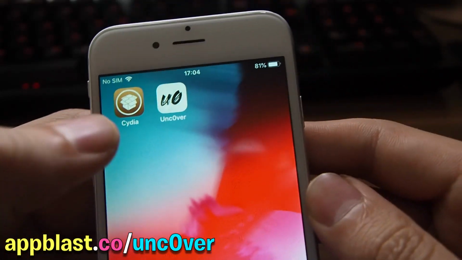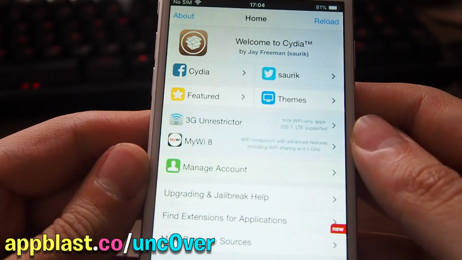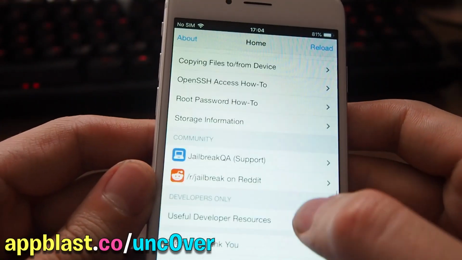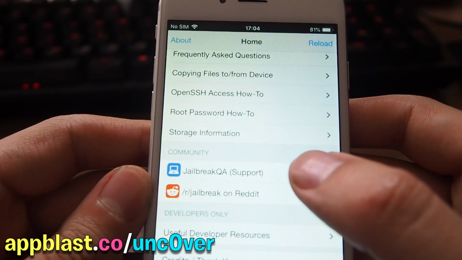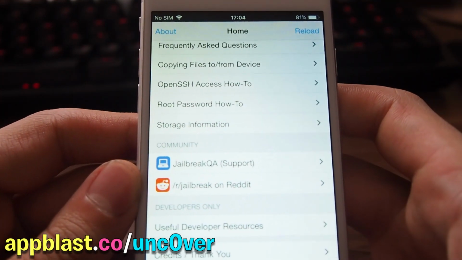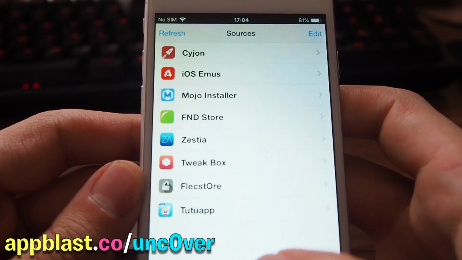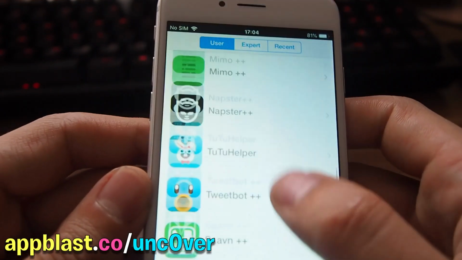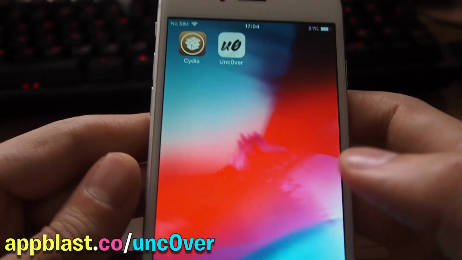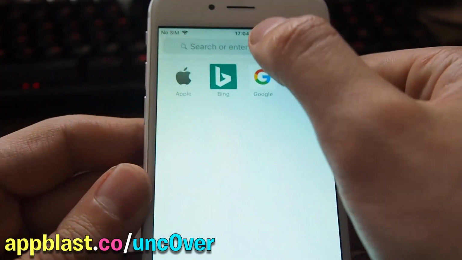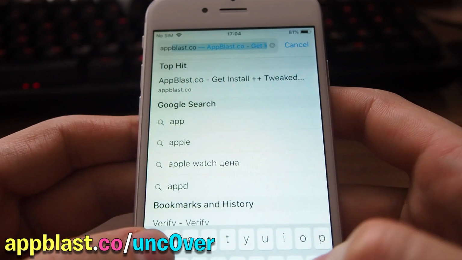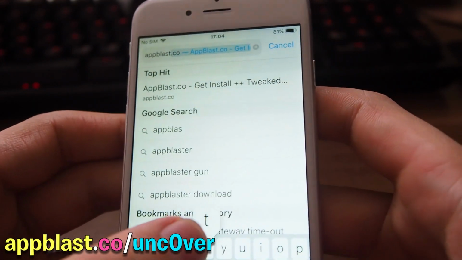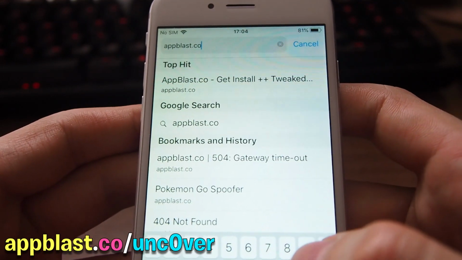Guys, today in this quick video tutorial I'll be showing you how to jailbreak your iOS device to 12.4. This is the newest version of the iOS, and as you can see I already have Cydia installed on my device. I did this really easily using the website ablast.co/Unc0ver,